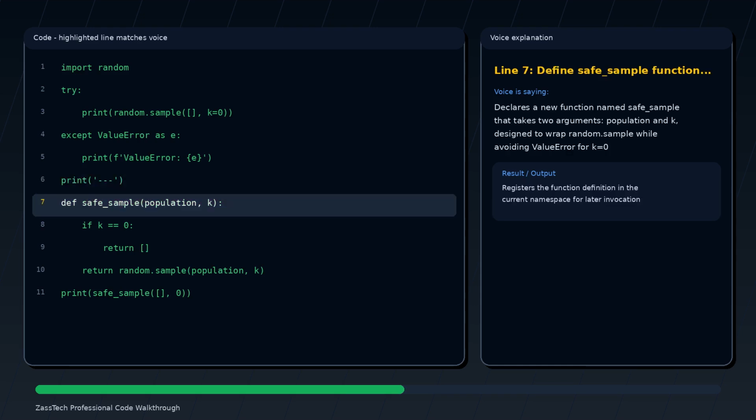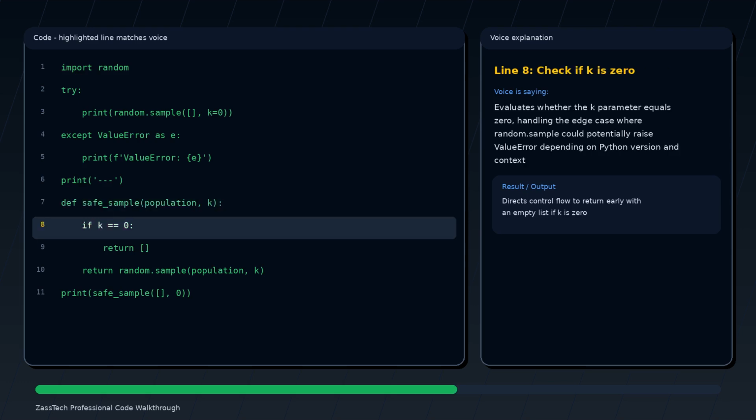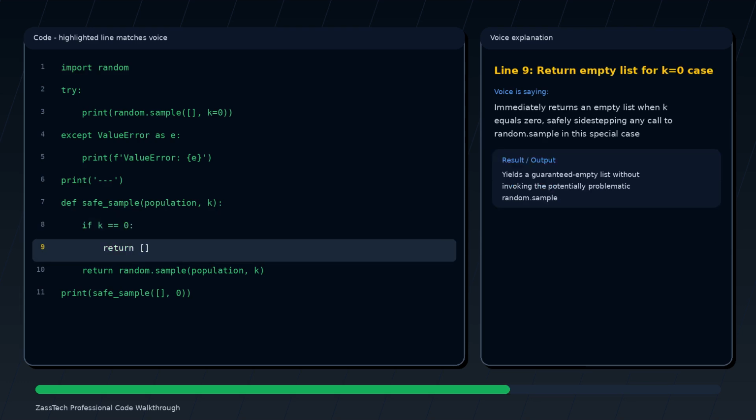Declares a new function named safe_sample that takes 2 arguments, population and k, designed to wrap random.sample while avoiding ValueError for k equals 0. Evaluates whether the k parameter equals 0, handling the edge case where random.sample could potentially raise ValueError depending on Python version and context. Immediately returns an empty list when k equals 0, safely sidestepping any call to random.sample in